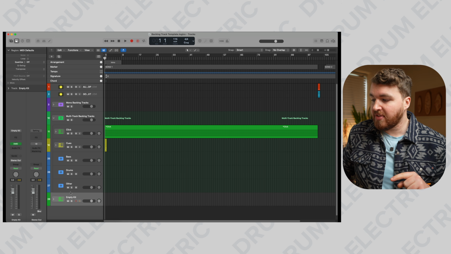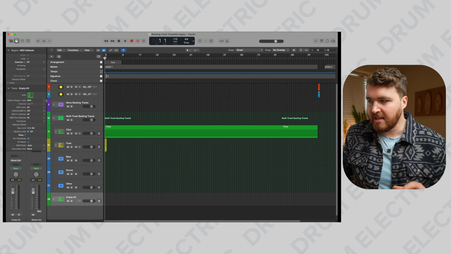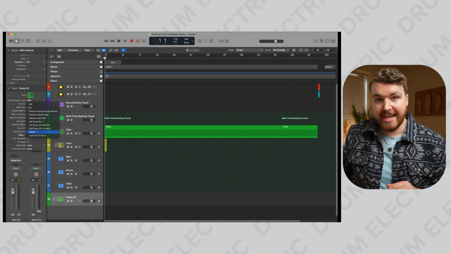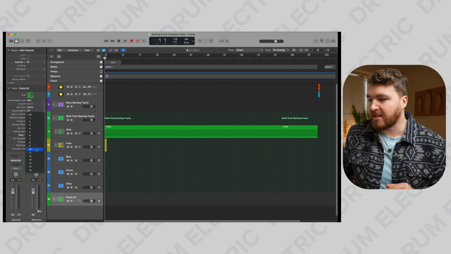But this just means that it will send out at velocity 127 every single time. You can choose whichever one suits what you're using this for. So with that information, we're going to go back into Logic, and then on the channel, we're going to drop down this menu with the channel info. MIDI input, we're going to change to the EAD10, and then the MIDI in channel, we're going to change to 10 as well. And that basically means that this channel won't hear anything else other than the EAD10, and this